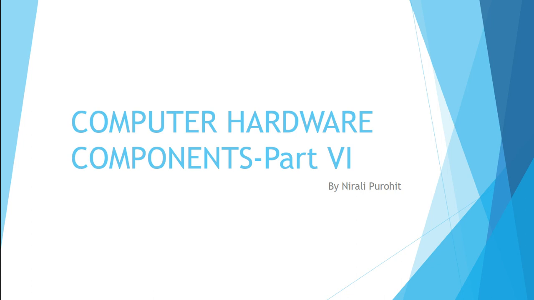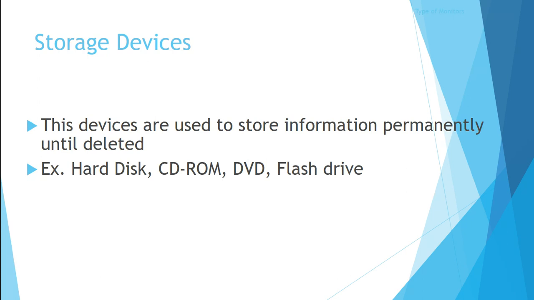What are storage devices? Normally when you write a letter or an Excel file or make a PowerPoint presentation on your computer, if you don't save it, it will be temporarily present in random access memory and will be removed as soon as the application is closed or when the computer is shut down. If you want that data to be saved permanently, then you have to save it, and that saving is normally done on a hard disk or the storage device.